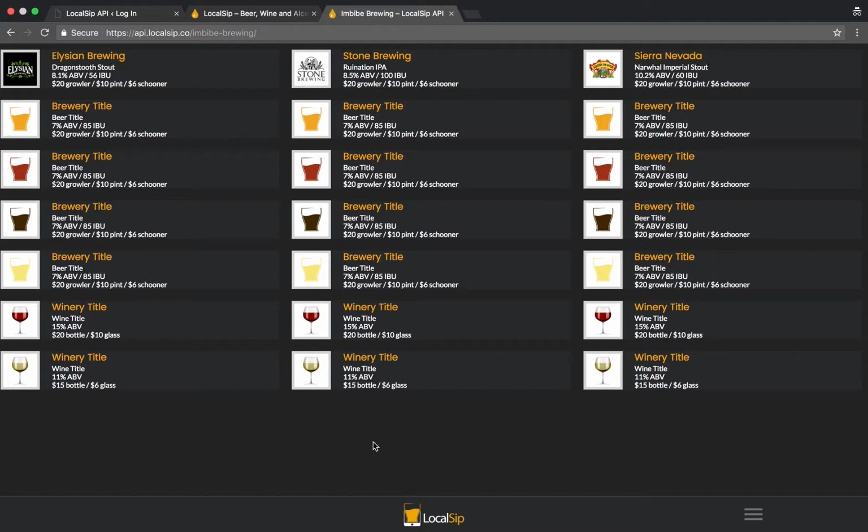To get to this, I simply go to https://api.localsip.co/my API key. Your API key will be emailed to you within 24 hours upon signup. This page is a starter page that every new instance of LocalSip will receive, and it has some placeholders with examples of how you might add your breweries, wineries, cideries and distilleries